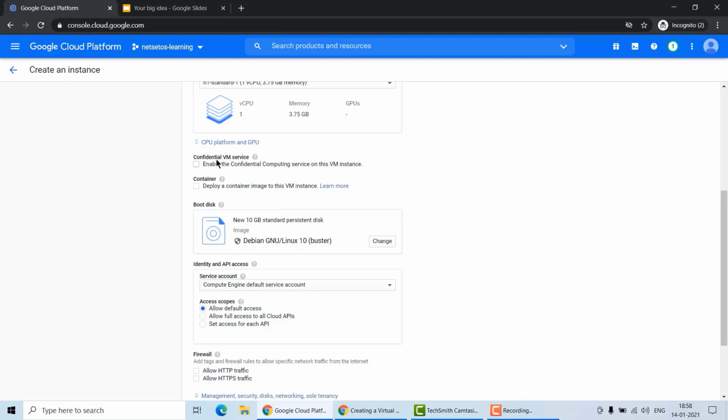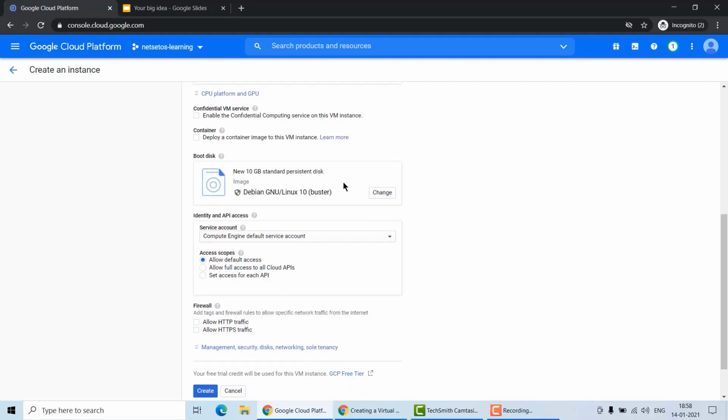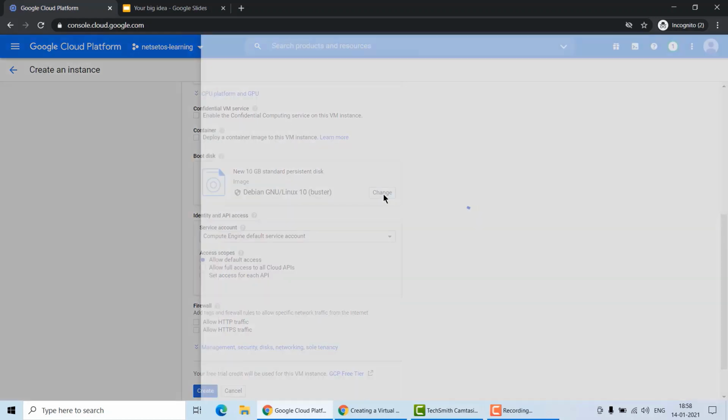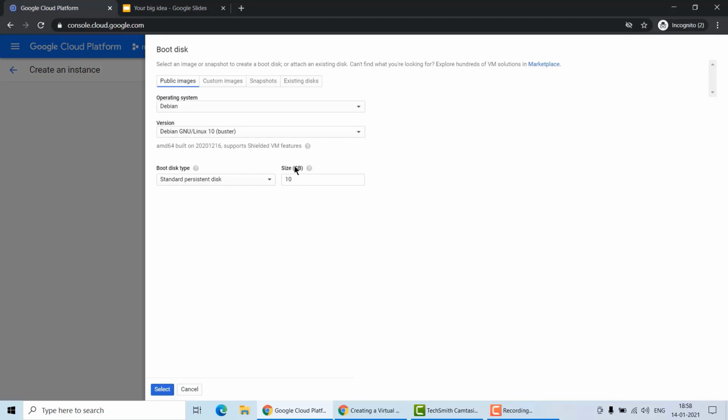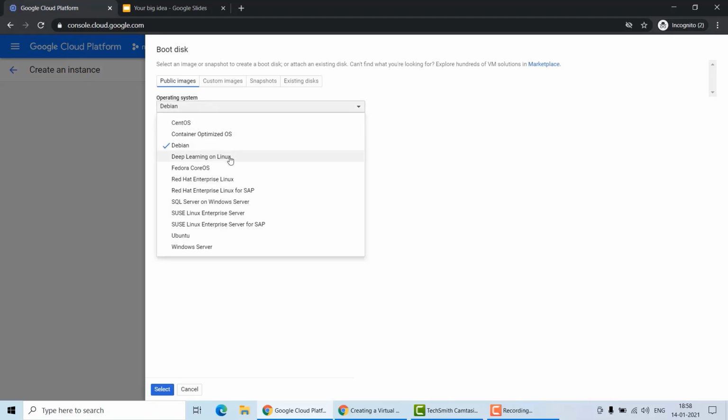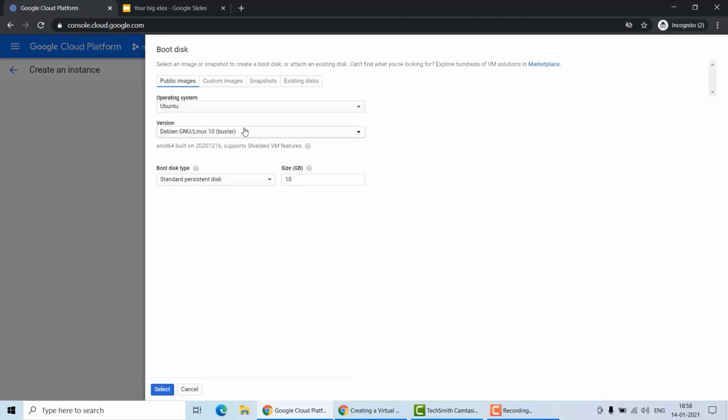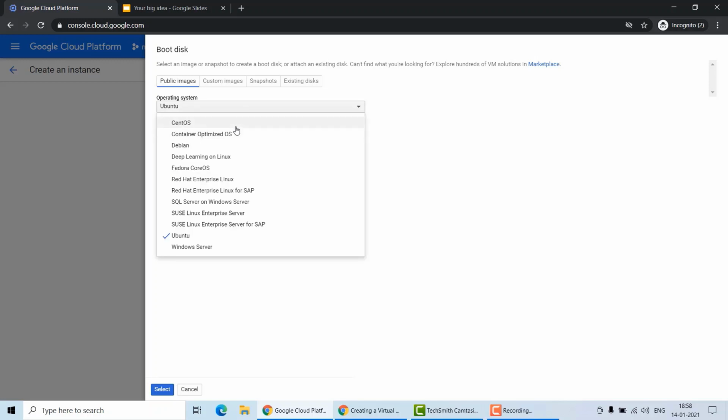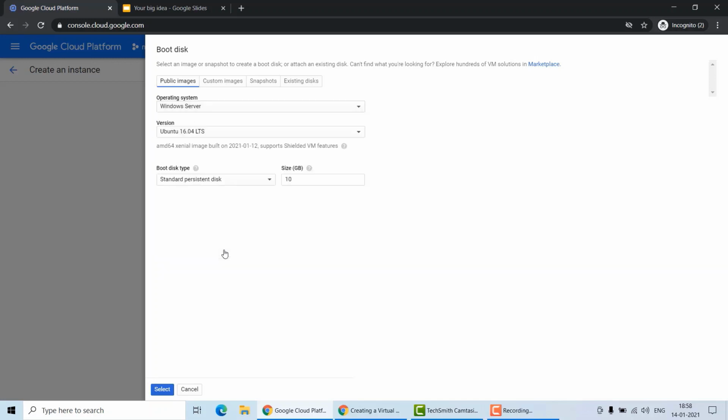Then there are some options that you can skip for now; we can discuss them in later classes. For now, you can change this part also. If you want to create a Debian system, or if you are more interested in creating an Ubuntu system, then you can click on Ubuntu. Or if you are more interested in creating a CentOS system, or using Windows servers, those are also available, but the cost will be a little bit high as this is a GCP environment and you are using a Windows server on that.